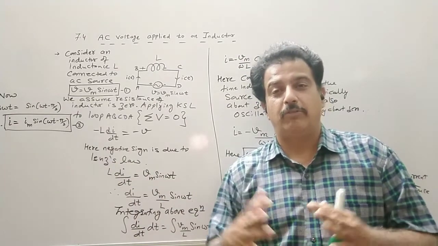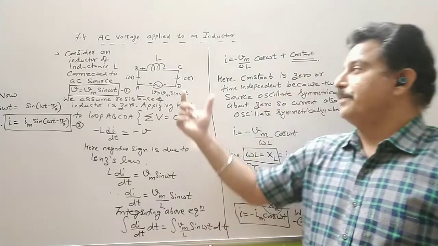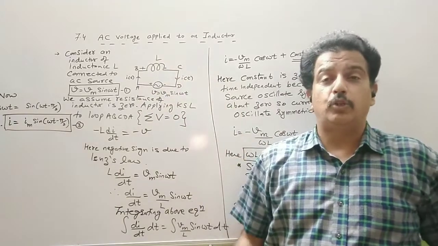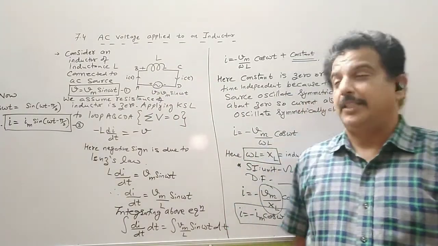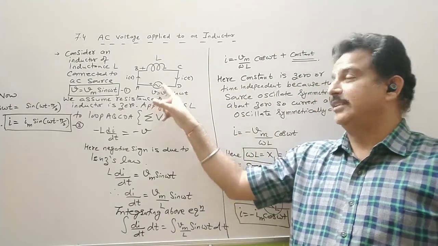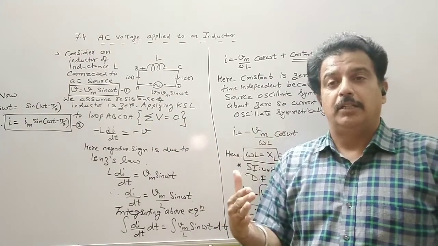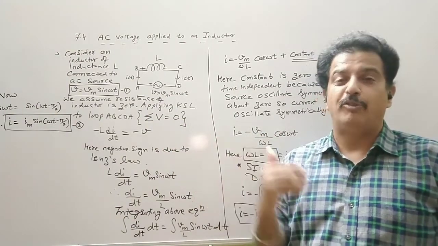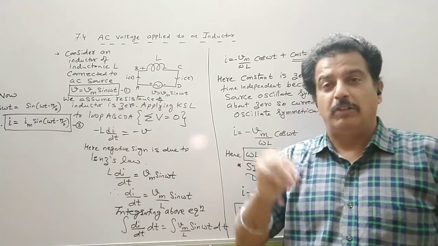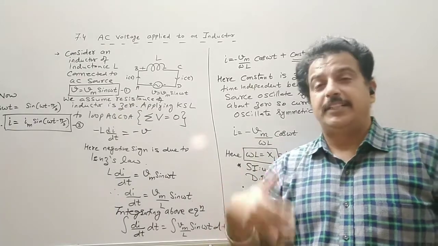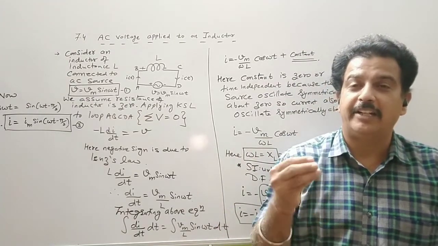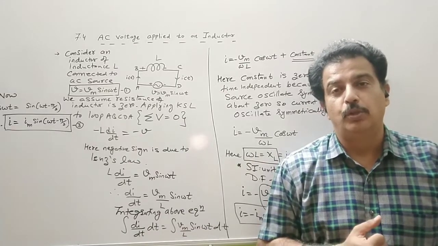Or we know that work is required to be done against the field, or in the inductor work is required to be done against the self-induced EMF. That is the property of inductor. It opposes the growth and decay. So the work is required to be done by this external source. So while doing the work, the time lapse is T by 4 second. So whenever such a circuit is switched on, the current will be established after T by 4 second, or in terms of angle we say current lags behind the voltage by pi by 2 radian.